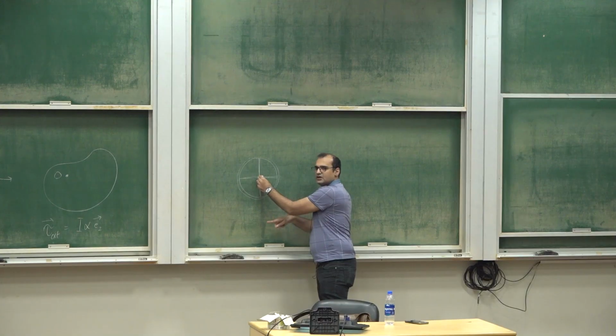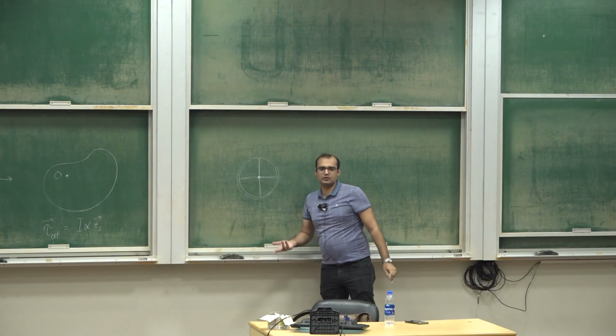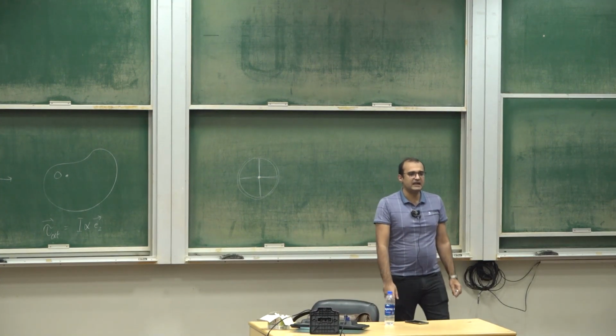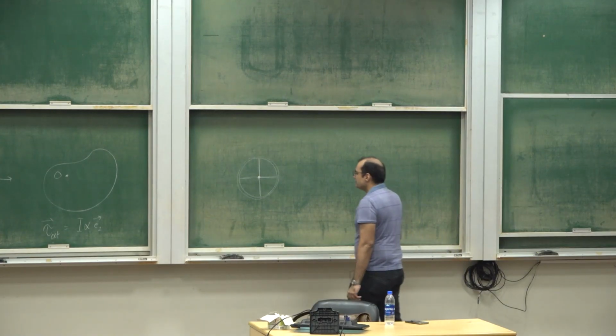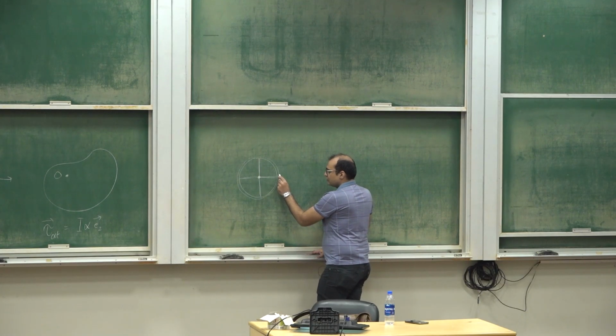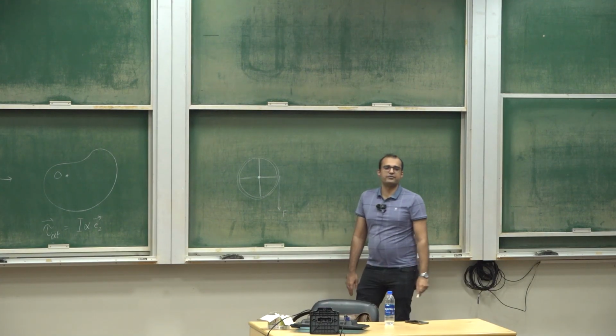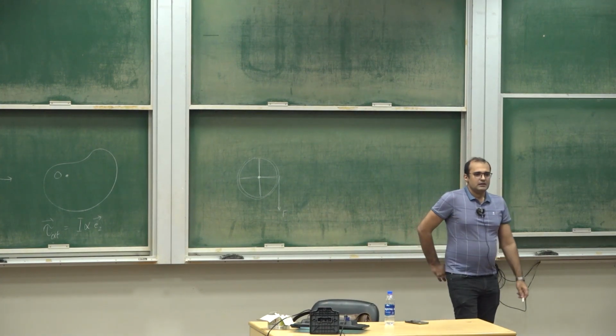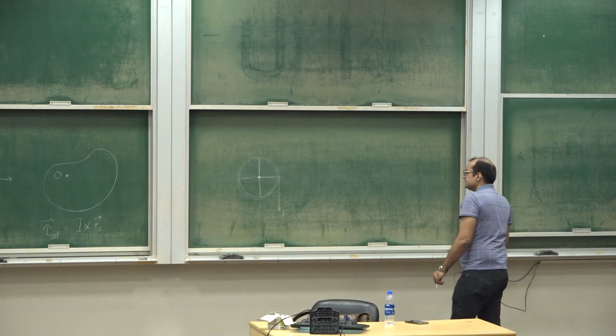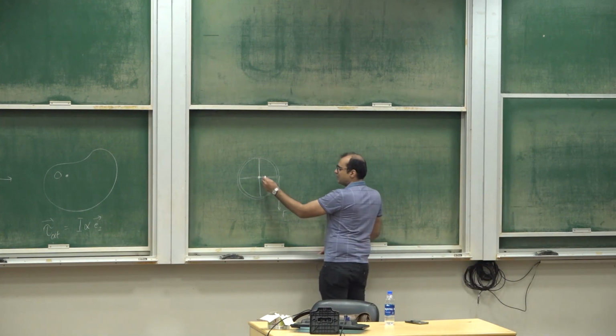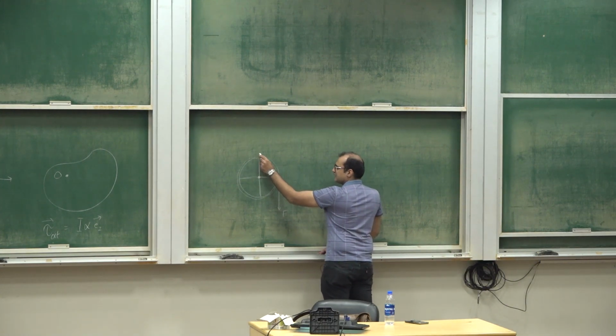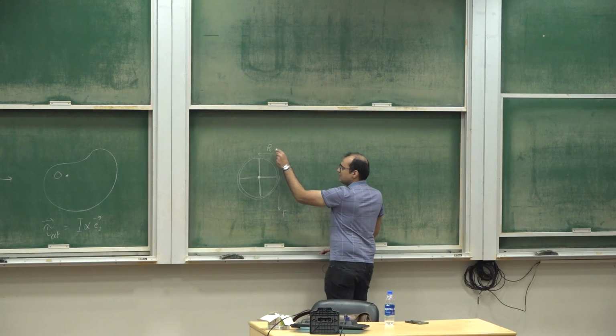The ring can just rotate about this axis, whether clockwise or anti-clockwise, depending on how the force is applied. So if you wrap some thread around this ring and pull it with some force F, the total torque acting on this ring about this axis, if the radius of the ring is capital R, I'm sorry